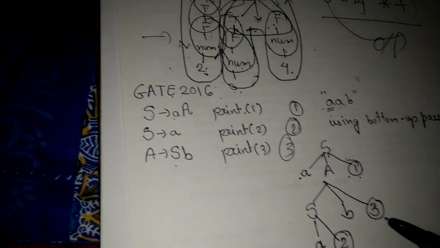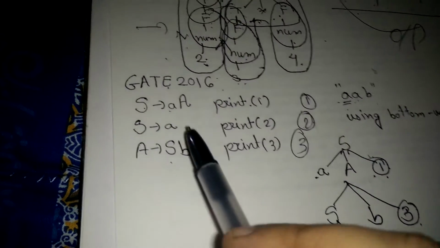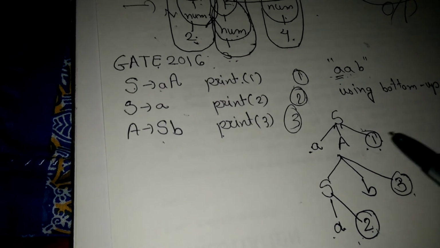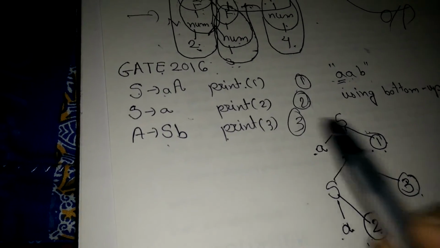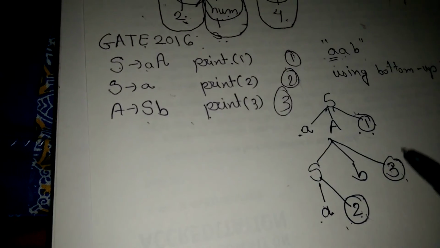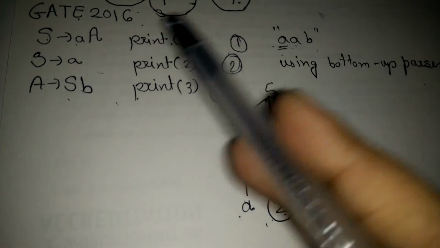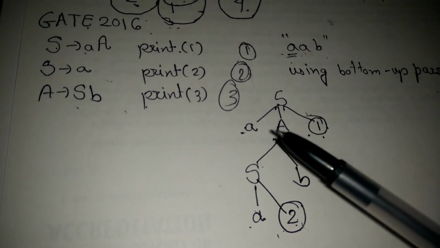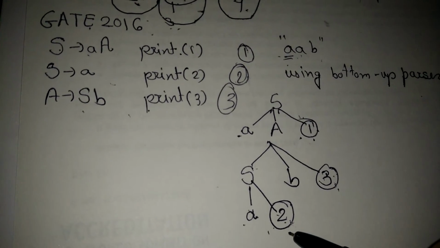Which semantic rule am I using? Because every time we do a reduction, we have to go over there and see which semantic rule to apply. So if I have a number, I can directly go to semantic rule number 2 or semantic rule number 3. As it is a small tree, we don't require much calculation, but if the tree is more complex or bigger than this one, then it may be complicated. So I have associated each node with a semantic rule number.